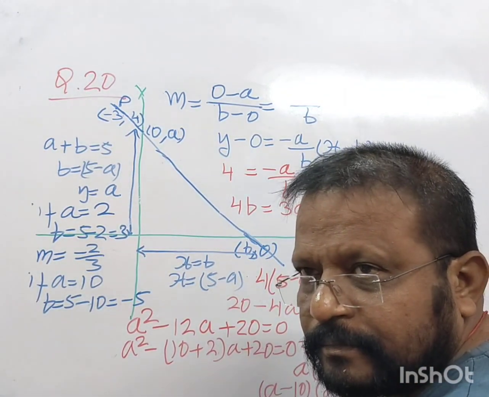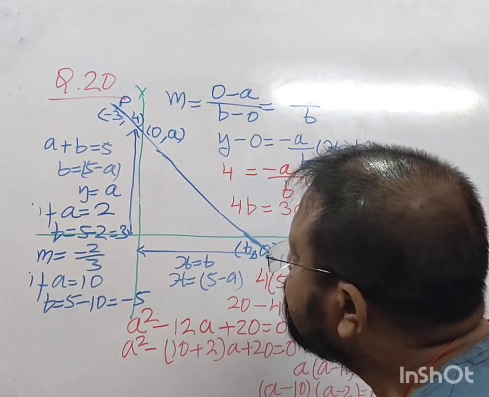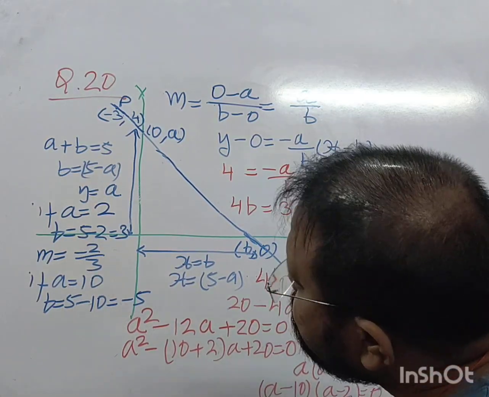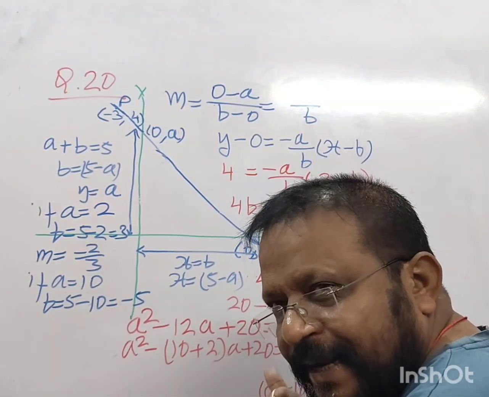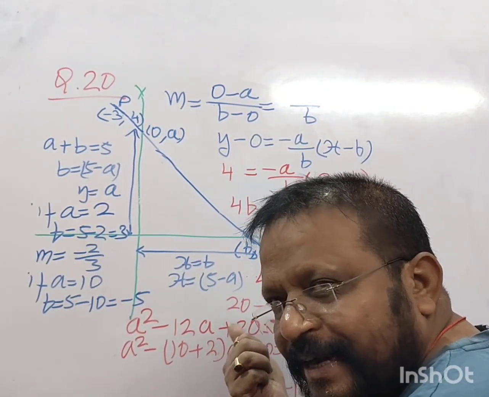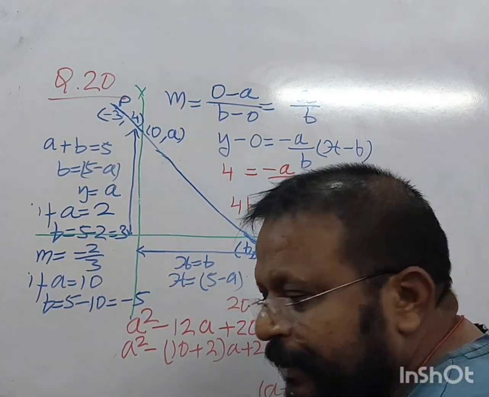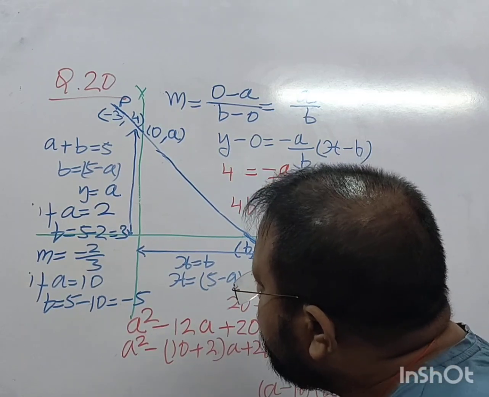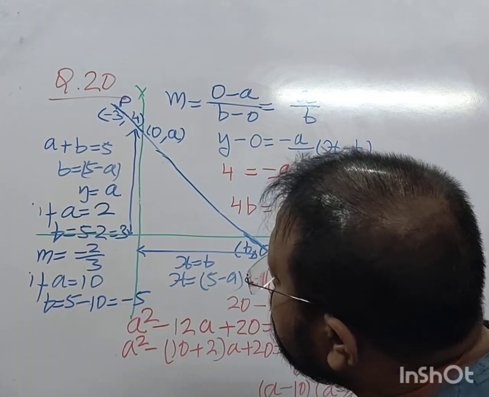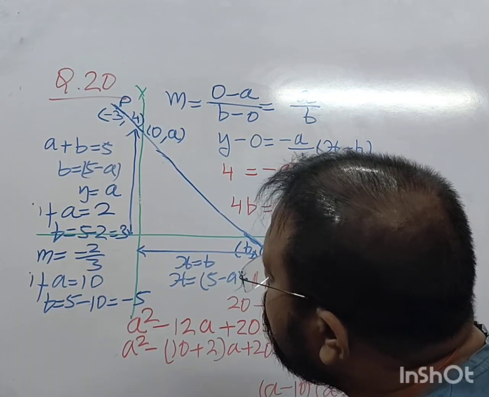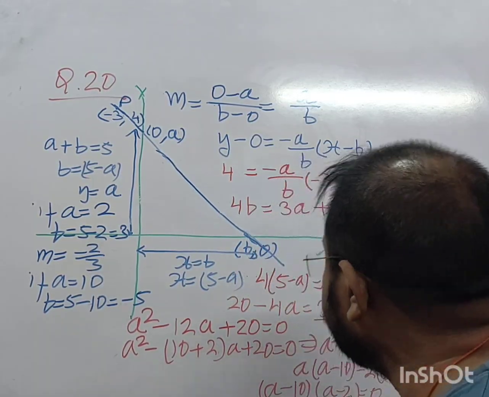B is 2. No, check. A is 3. A is 3, B is 2. Actually it is interchangeable, what I write A there is B and what I write B there is A, so that's why it is accepted in that manner. It is coming in interchangeable form. But if we do not take B is equal to -5, then A is equal to 2 and B is equal to 3.